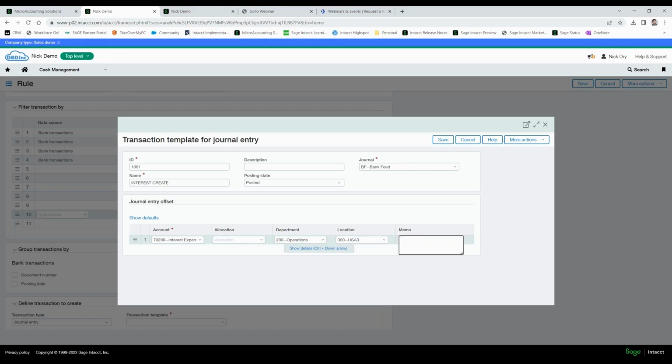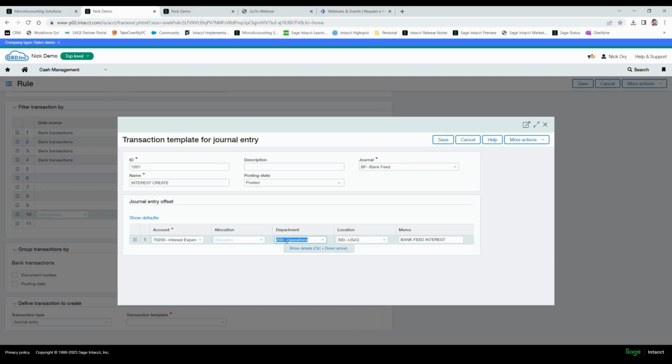What this is going to be is going to show up in your memo line of your journal entry. Feed entry. And so what's going to happen here is we're going to say, hey, we want this transaction to create hitting this department in this specific location. What I will say on the general entry offset, if you leave the department and location blank,